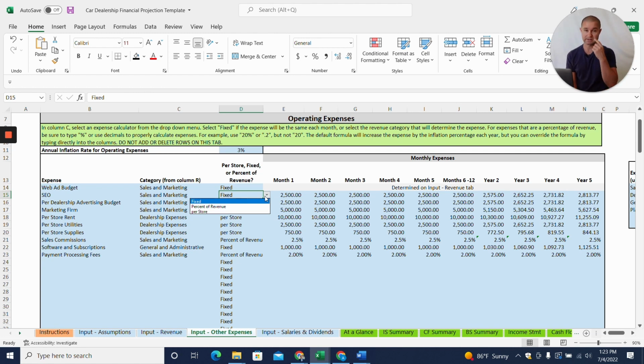So like, let's say you do sales commissions and you're going to pay 2.5% of the price of the vehicle as the sales commission. So you can enter that in here, we have sales commissions as a percentage of revenue. So you can see how you enter that. And maybe payment processing fees as well, 2% of the total